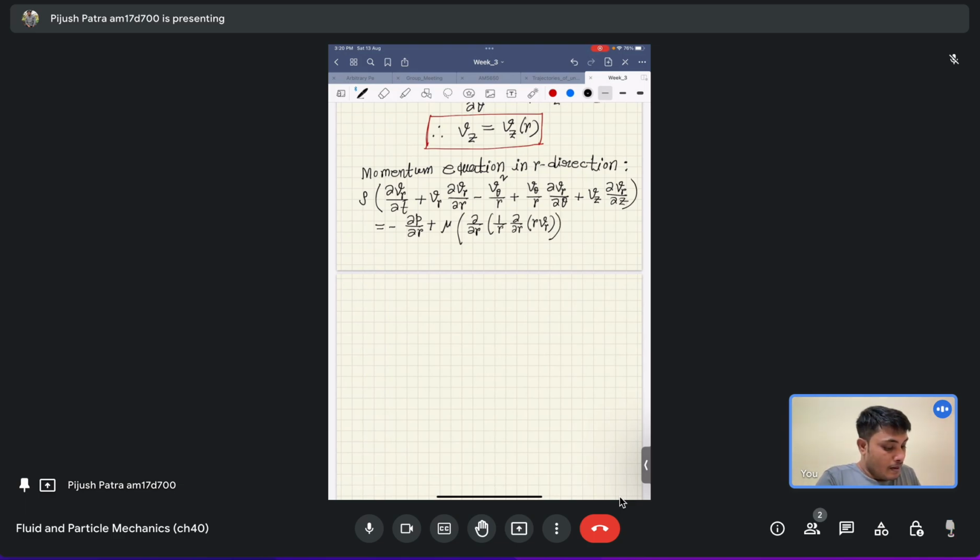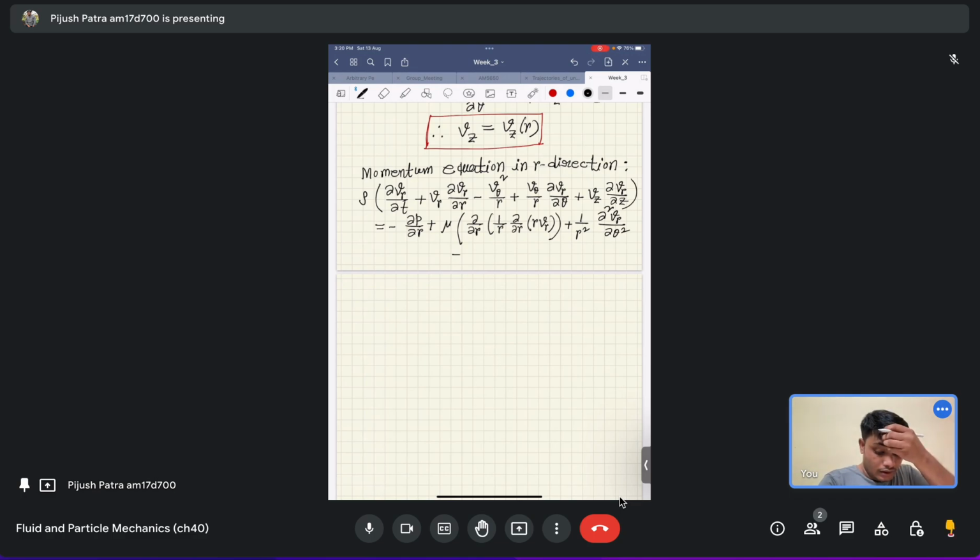Yes, plus 1 by r square dou 2 Vr by dou theta square. So this is basically the Laplacian of Vr in the cylindrical coordinate system. So what I am writing essentially here is the Laplacian of Vr in the cylindrical coordinate system minus,